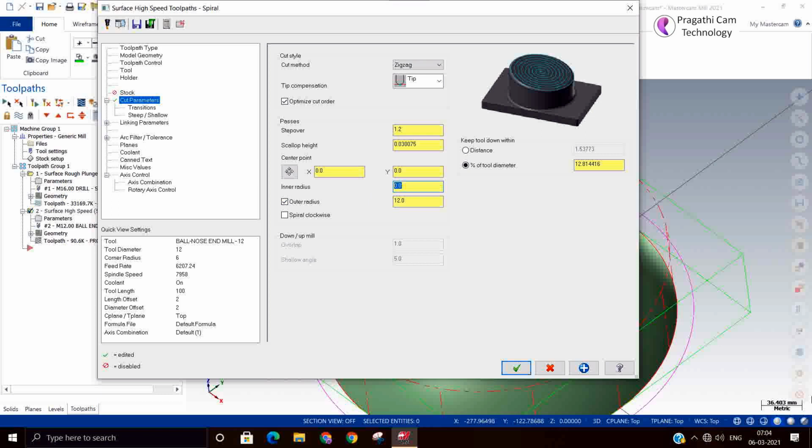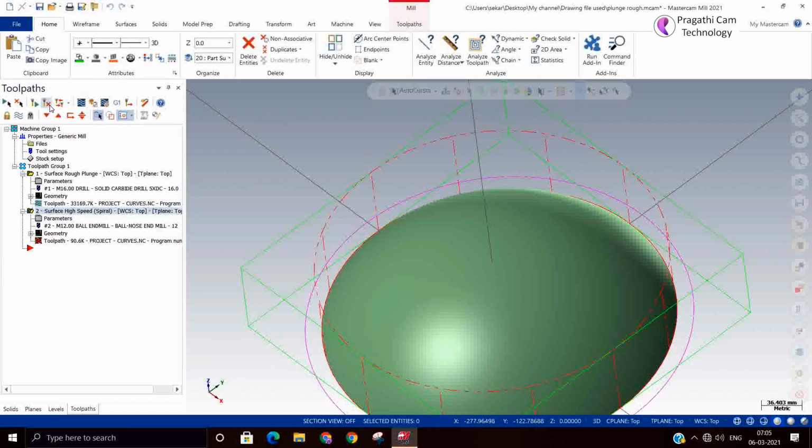So I keep 12 mm there. Outer radius I keep 50 mm. Step over I will give 50%. So it is left to you. You have the freedom to give the details.